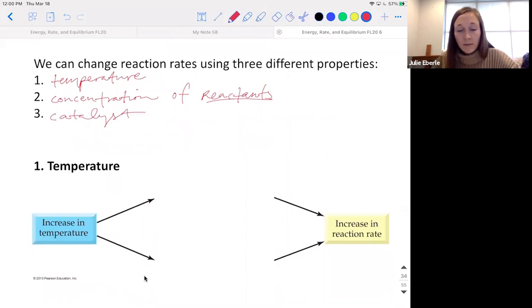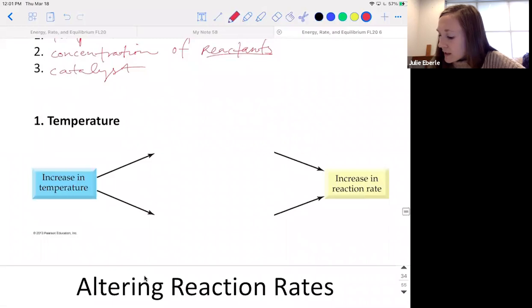Anybody know? Especially there's a biological word that I'm thinking of. Something that speeds a reaction up. There, IJ said it. An enzyme. Okay, enzymes are catalysts in the body. Good. Okay, so if we increase temperature, we're going to increase the frequency